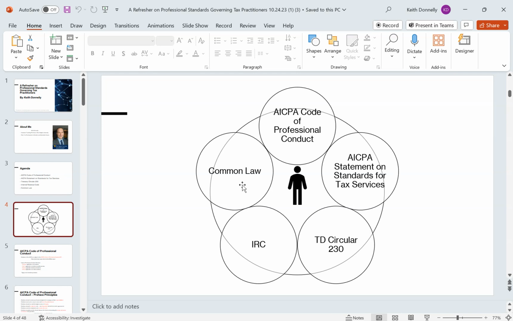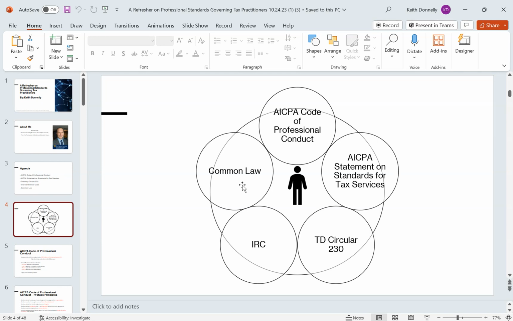Okay. And then finally here, just be aware if you are sued for negligence, or especially if you have an act discreditable, what's the outcome? Well, this is where you have to be aware of the state licensing board. The AICPA is separate from NASBA, who is separate from the State Board of Accountancy. The AICPA is basically a professional organization. They set the rules, okay? If you violate those rules, the best they can do is not let you be a member anymore. We're kicking you out of the club.